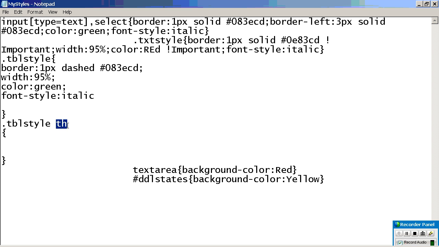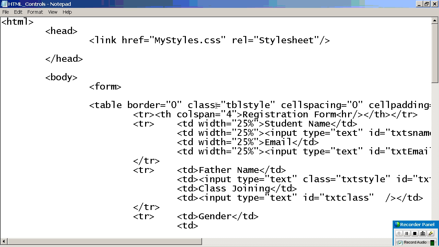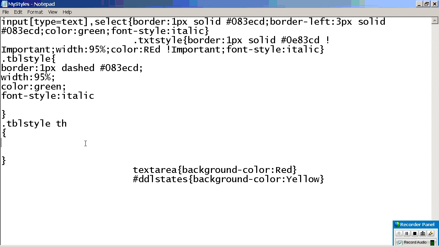I am writing the style for PH, which is under the TBL style. So I use the TBL, and under that I have a control for PH. For that I am writing the style. What will I write now? I want to make it capitalized, right? Text transform.